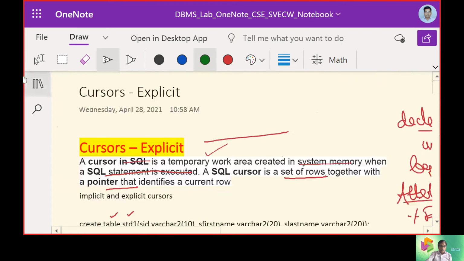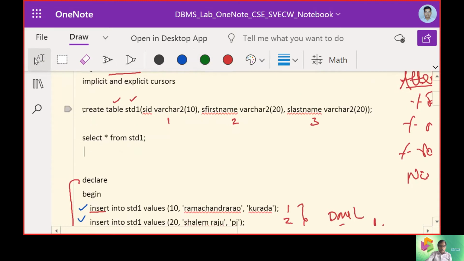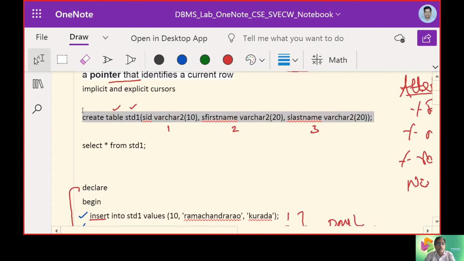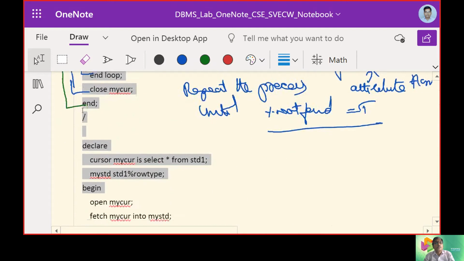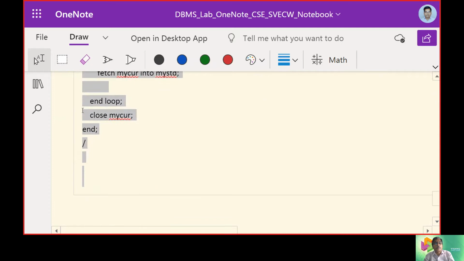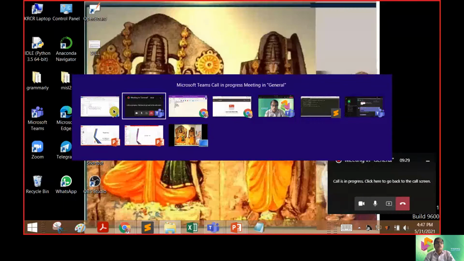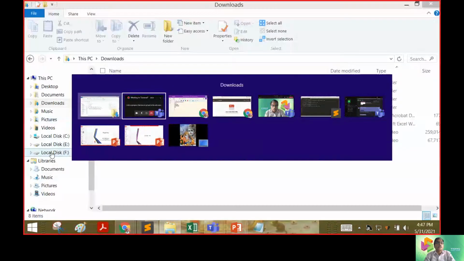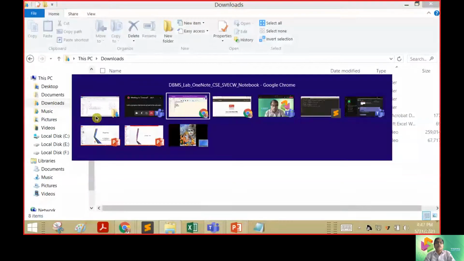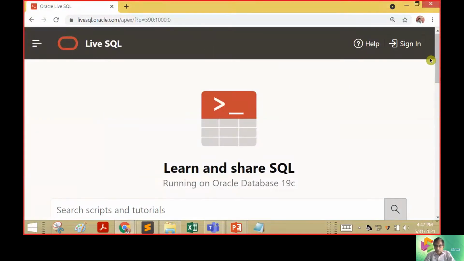Okay. So what we will do is we will take up the table creation part completely. We will jump into the area where the live SQL is.